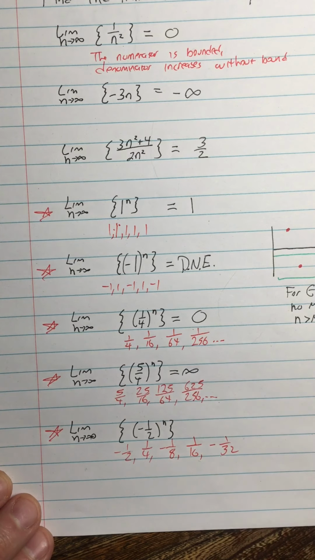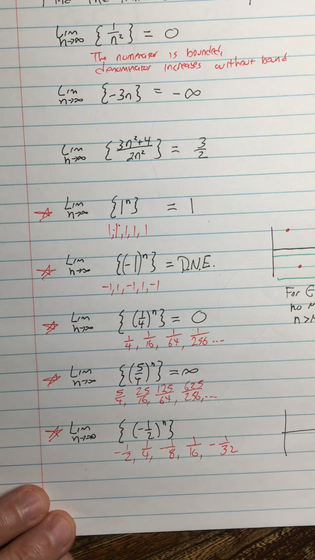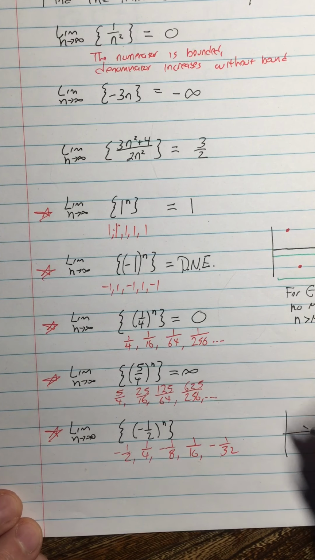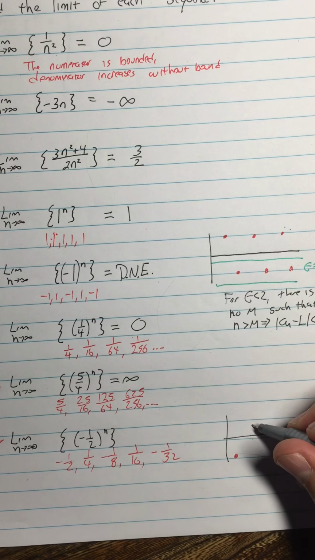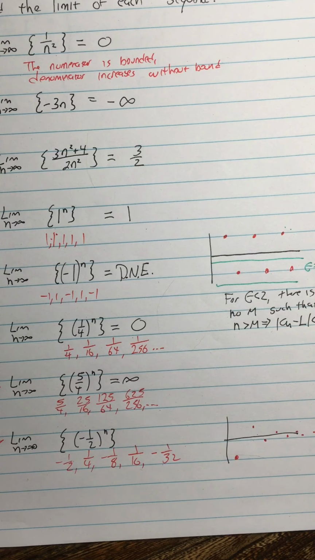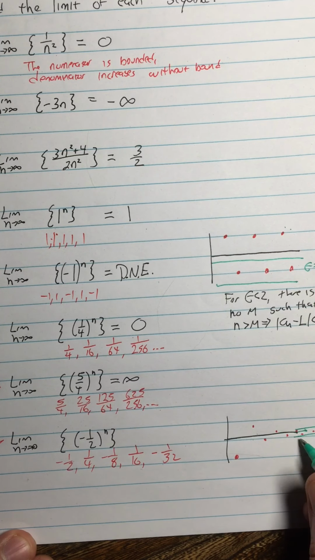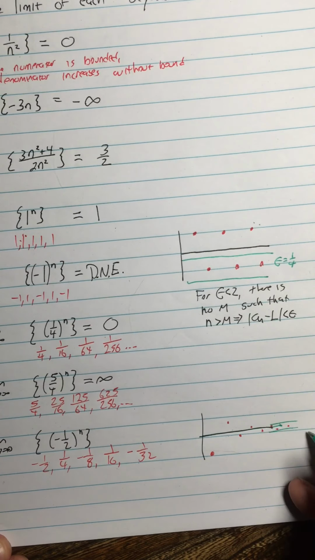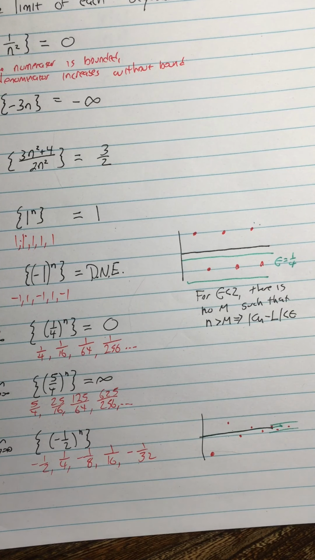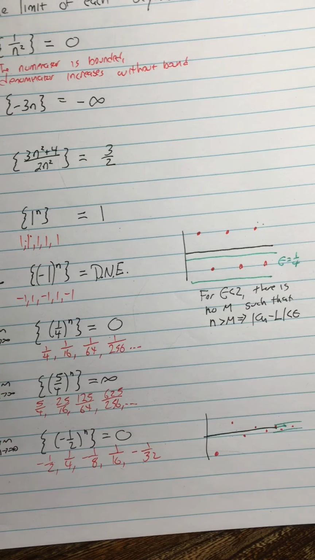So are they approaching a limit or not? Well, think about a graph. -1/2, +1/4, -1/8, +1/16. Are these values approaching a limit? Yes, they are. They're approaching the limit 0. You know, any small epsilon that I pick, eventually all the points are going to fall within that epsilon. So that's our hand-waving justification for the fact that this limit is 0.